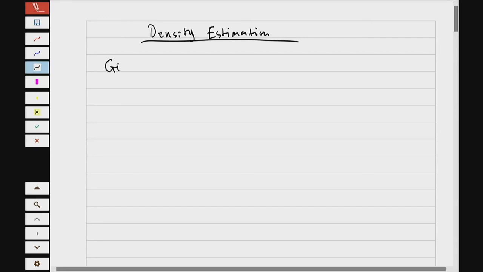More precisely, given a data set, again without labels, just m data points, we assume that each one of them is drawn from a probability distribution. P of x here is a probability distribution. And we say this is IID, where IID stands for independent and identically distributed. They all have the same distribution, P of x. In particular, P of x here is the probability density function